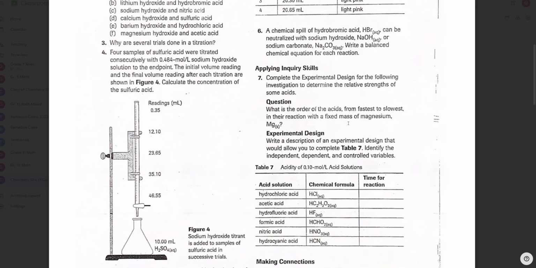So some acids are going to react super fast, and you're going to see really aggressive bubbling, and it's going to stop fizzing. And then others, you're going to see the magnesium slowly still there, and slowly bubbling for like an hour. Because it's such a